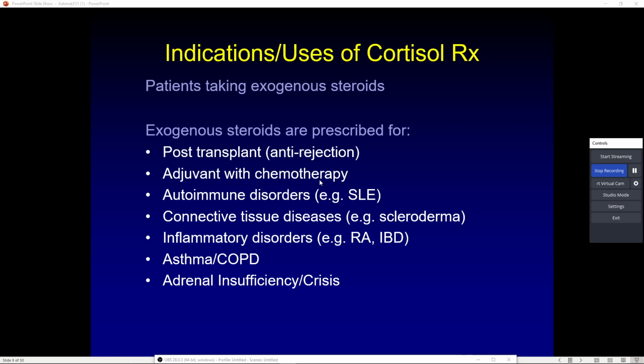I'm going to point it out one more time: suppress inflammatory properties, increase cortisol, suppress the immune system. Anytime cortisol levels are elevated, the immune system is absolutely suppressed. Keep that in the back of your head. It's not just that I have increased sugar, I have increased fat stores. It's not just that. I'm also suppressing the immune system. Don't forget that piece, please.